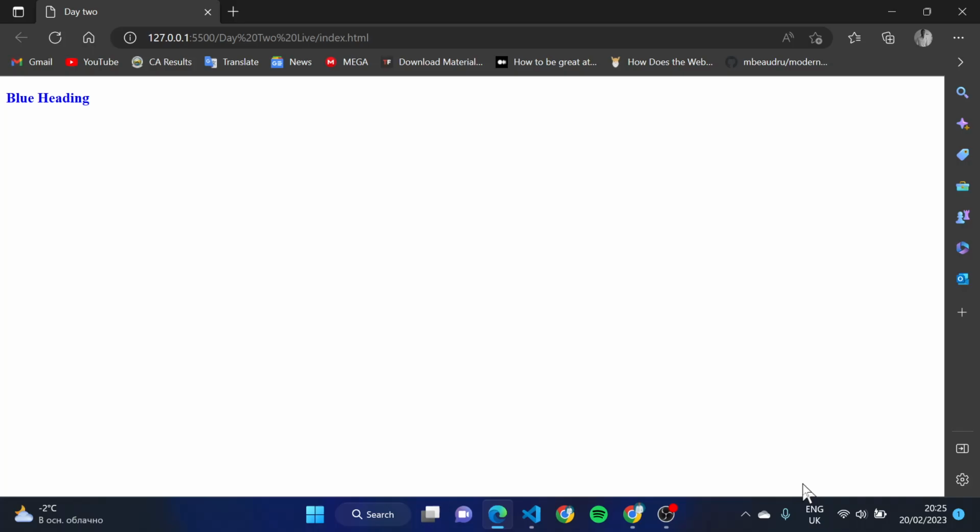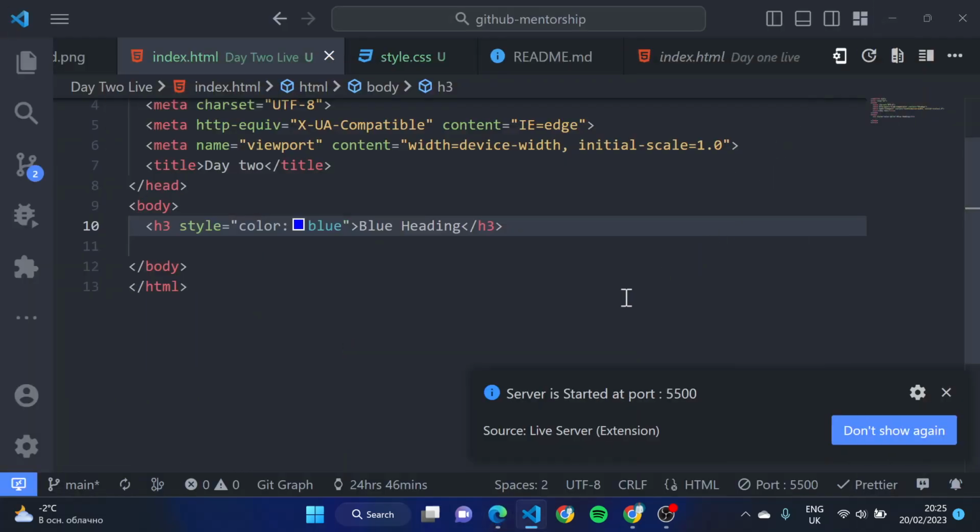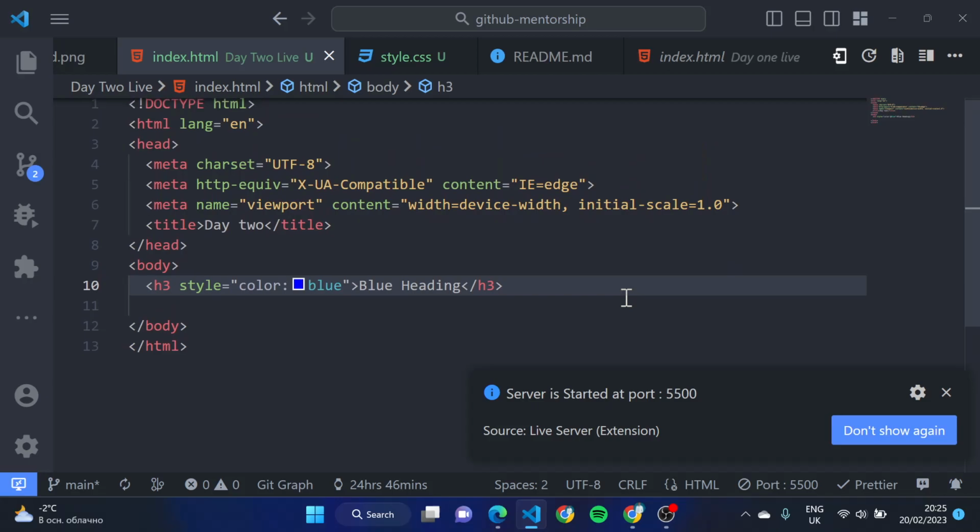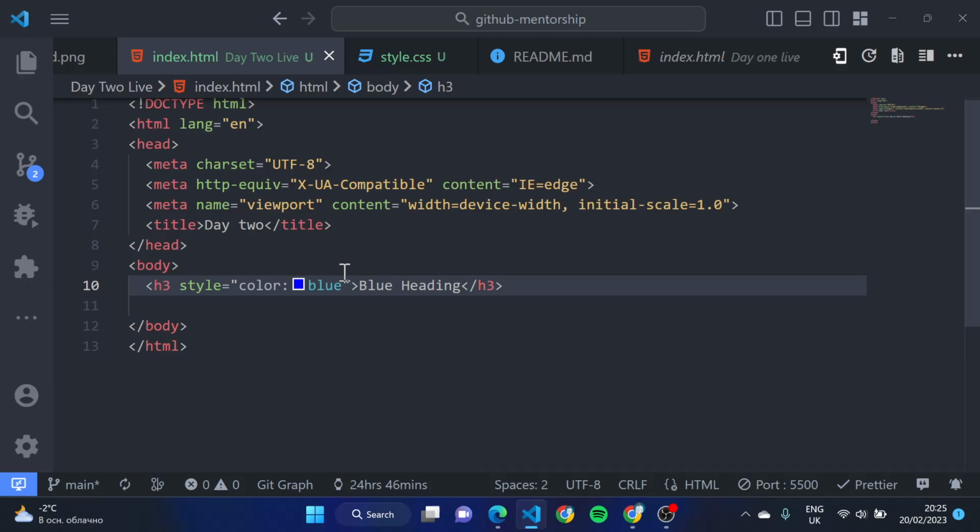Now the second way you can do this is internal CSS. With internal CSS, you can use the style tag. But using the style tag, you have to use it within the head of your HTML, to define the style of a particular tag, maybe a paragraph tag that you want to use. For instance, if we want all our h3 headings to be defined in